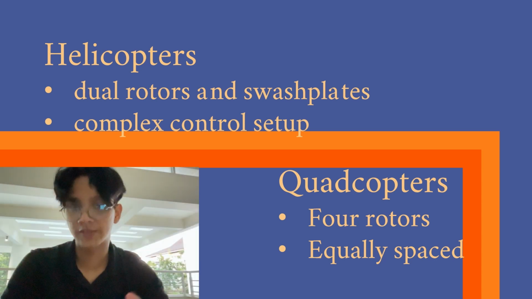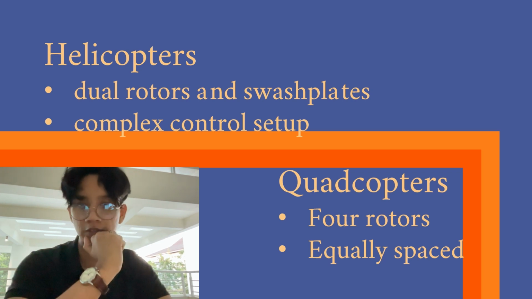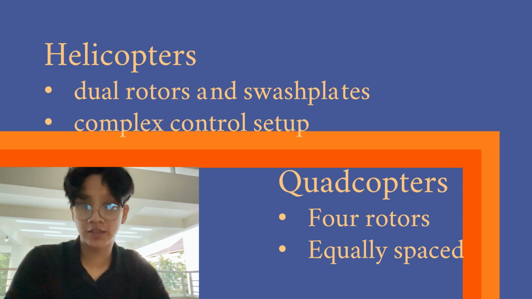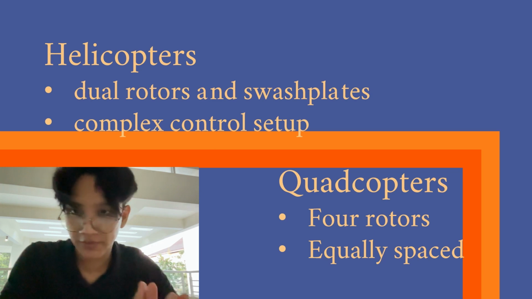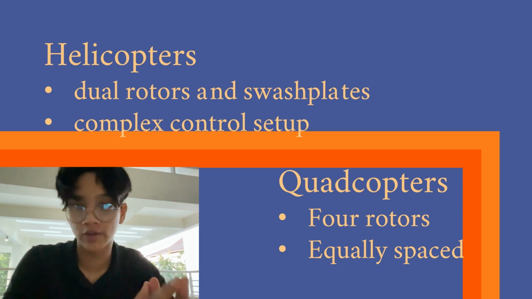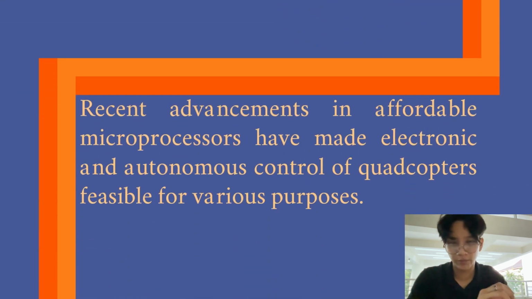From helicopters to quadcopters, deciphering the dance of drones. In the realm of aerial vehicles, helicopters stand out with their intricate control system featuring dual rotors and swash plates. On the other hand, quadcopters bring simplicity to the skies with 4 equally spaced rotors. Recent strides in affordable microprocessors have ushered in the era of electronic and autonomous control for quadcopters,